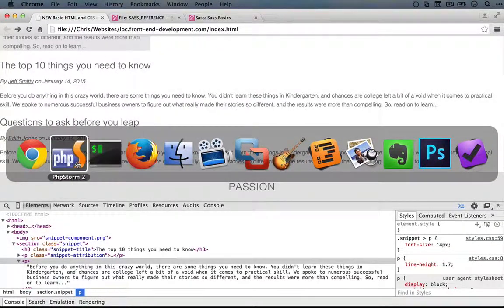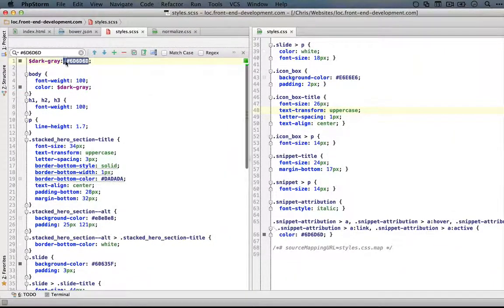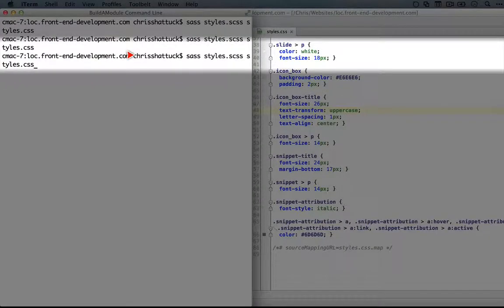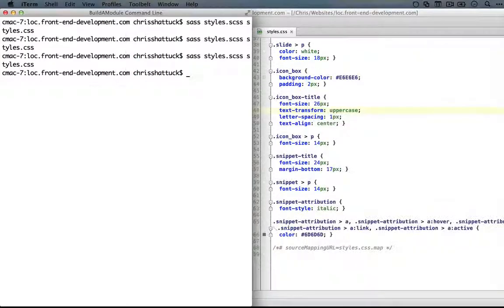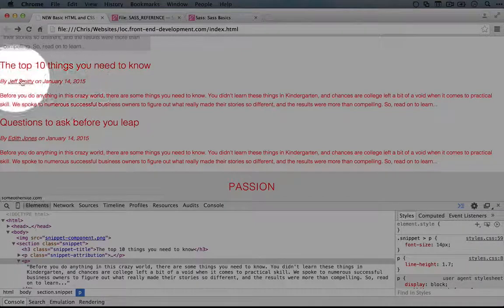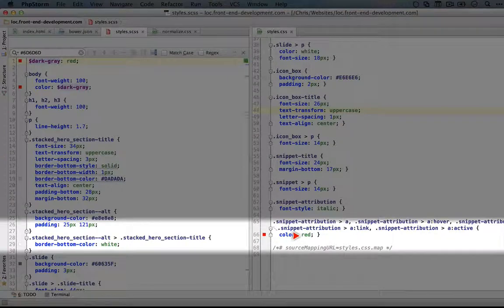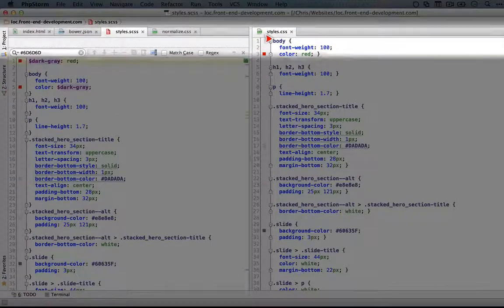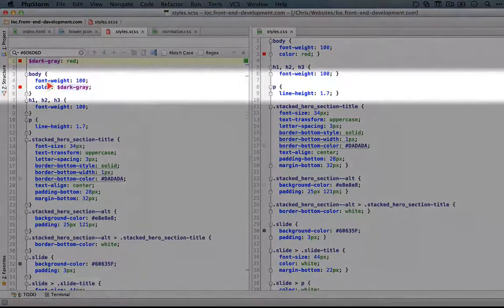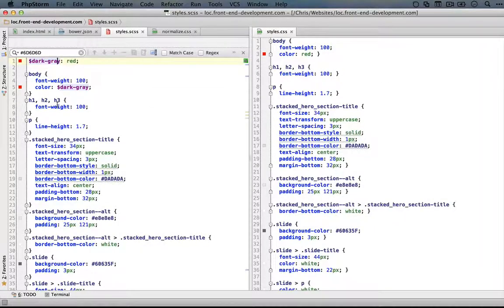But now if we go back to our editor, and let's change this dark gray color to something obvious, like red. And then we'll save it, and we'll go back to the command line, and convert our Sass file over to our CSS file again, and then go back to the browser and refresh, you'll see that now everything is red, including our link. If we check out our CSS here, you can see the color of the link has turned to red, and so has the color in the body. So what we were able to do here is pretty powerful. We were able to change just one variable and have that cascade to two separate places in our CSS.